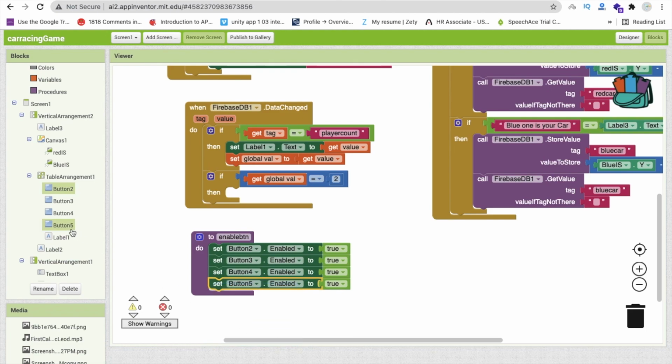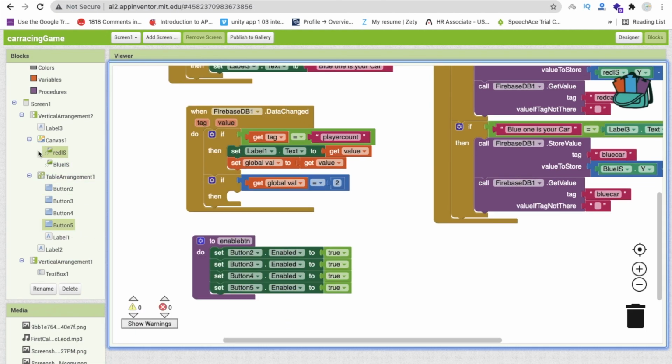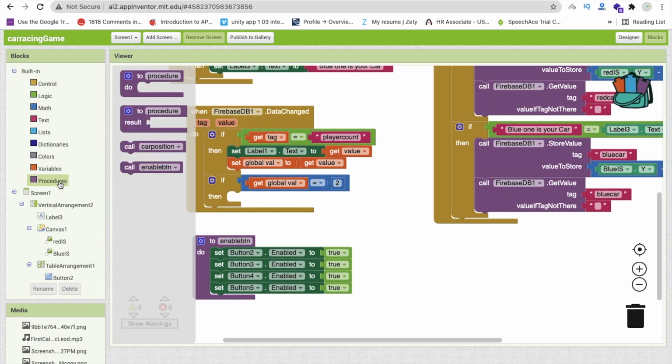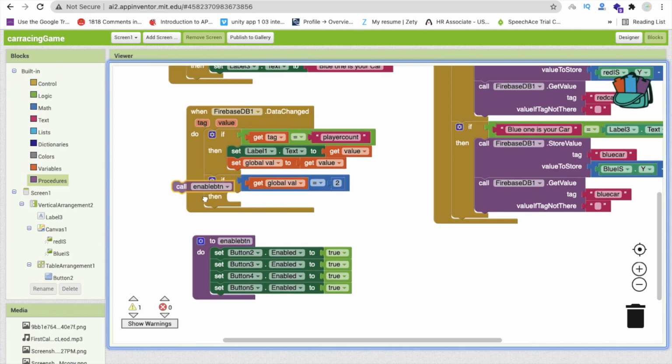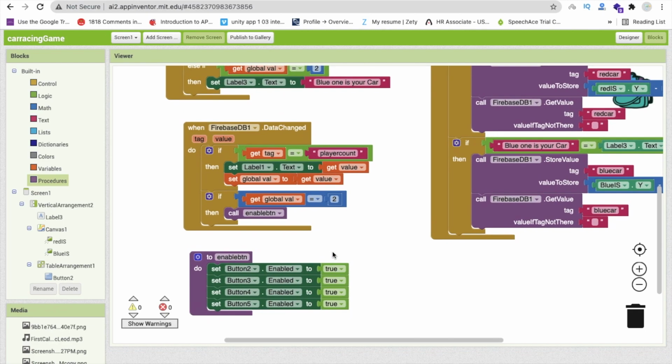You can see all the buttons, and we will call that procedure here. If the global value is 2, then we will call that procedure here. It means our button is enabled. Now we can play this game. Now we can move our car.